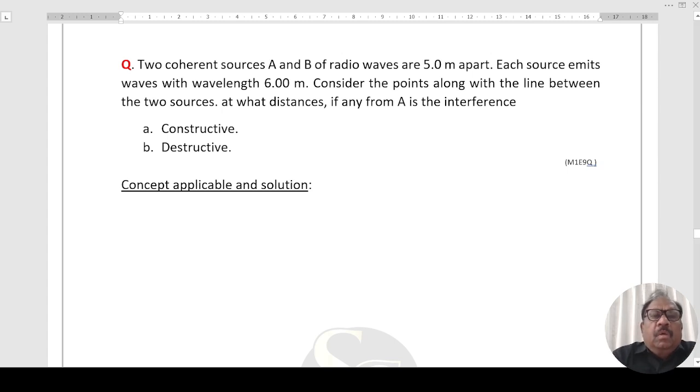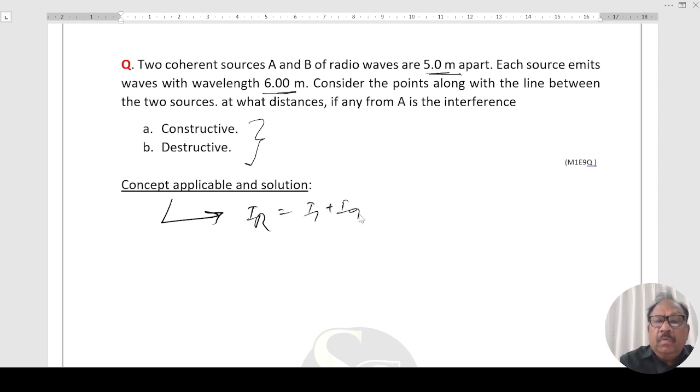Question is, two coherent sources A and B of radio waves are 5 meters apart. Each source emits waves with wavelength 6 meters. Consider the points along the line between the two sources. At what distances, if any, from A is the interference constructive and destructive? Concept applicable and solution. You know resultant intensity